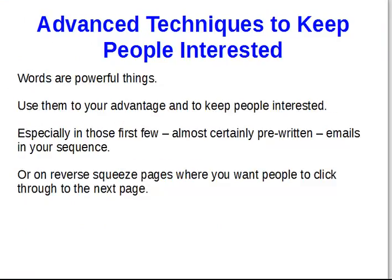And words are just powerful things. Use them to your advantage. Keep people interested. Especially in those first few, almost certainly pre-written emails in your sequence, so you do actually know what's following probably most of the time. Or you can use them on reverse squeeze pages where you want people to click through to the next page, and with a reverse squeeze page you reveal whatever it is, and then at the end there's